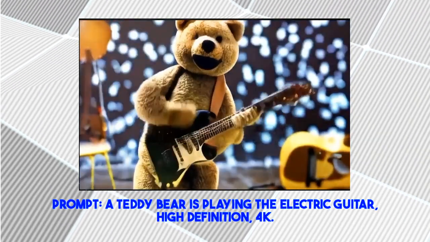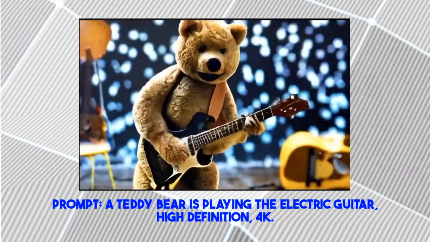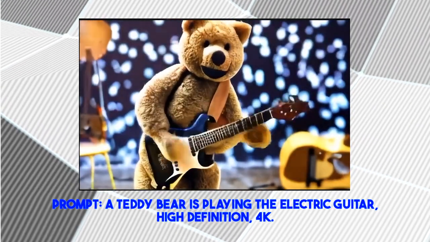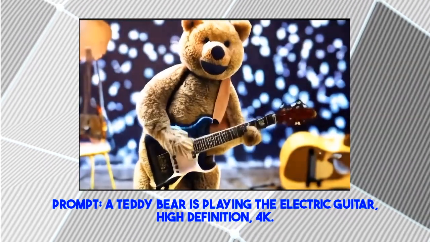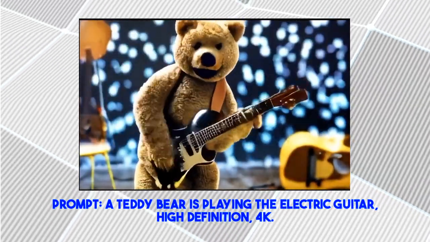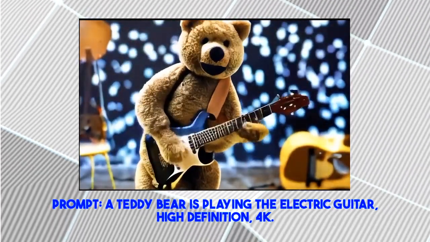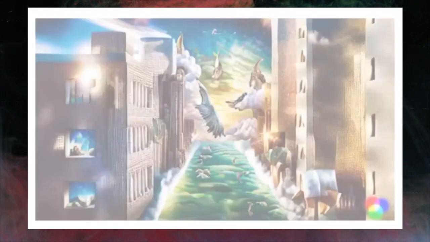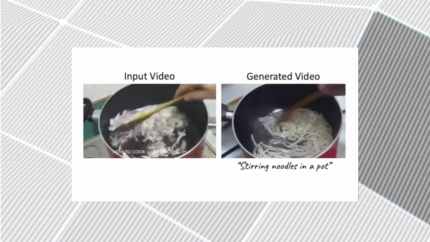One such example is a prompt featuring a teddy bear playing the guitar, high-definition 4K. This was a standout favorite, clearly employing stable diffusion to generate the video. As we continue analyzing these examples, we gain further insight into the capabilities and limitations of the text-to-video technology. Some videos are more successful than others, suggesting that there's still room for growth and improvement in this area. The teddy bear example is just one among many provided in the research paper, demonstrating the potential of stable diffusion in generating video content. While it's not perfect, it shows significant progress in the field of text-to-video generation and the